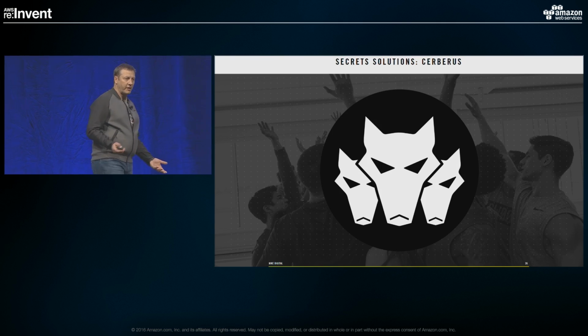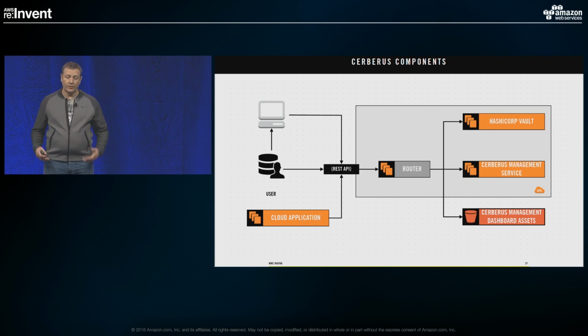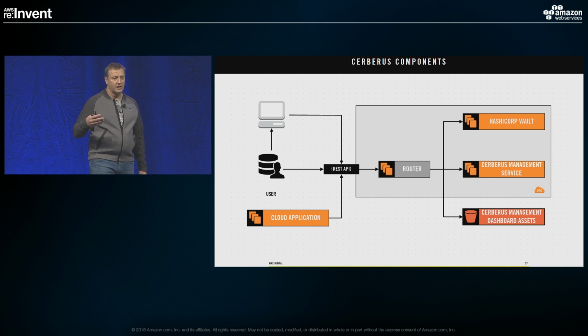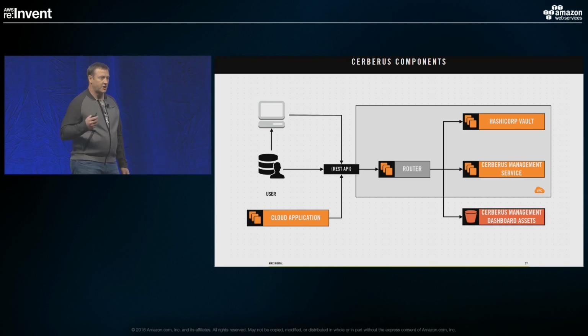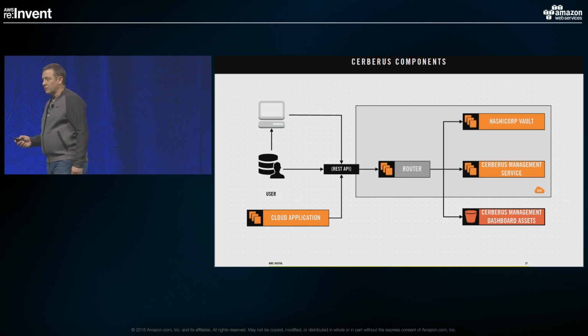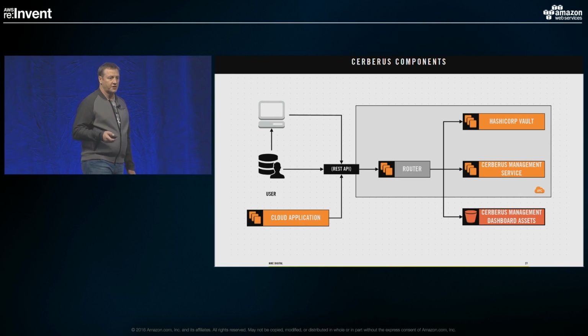And that doesn't mean we build it from the ground up, all of the code. And we took, I think, a very pragmatic approach. So if you look at the APIs that Cerberus encapsulates, there are really kind of three key components on the right. There's HashiCorp Vault, which I'll talk about a little bit more in a minute. There's the management console, which is just a simple microservice that we built. And there's a simple one-page app